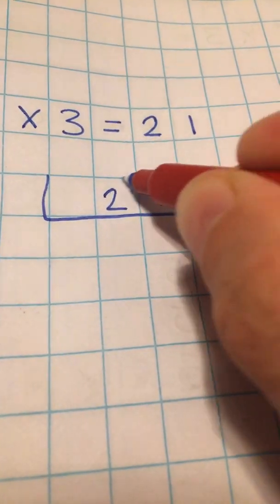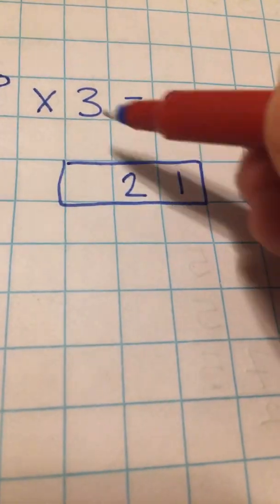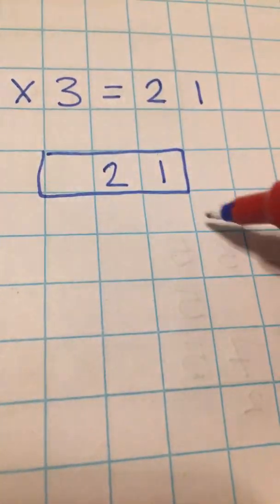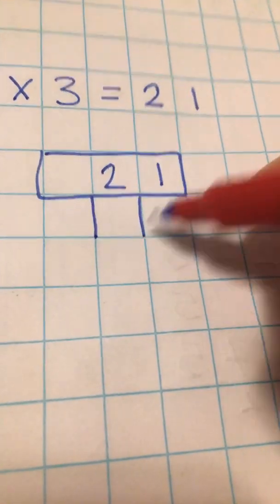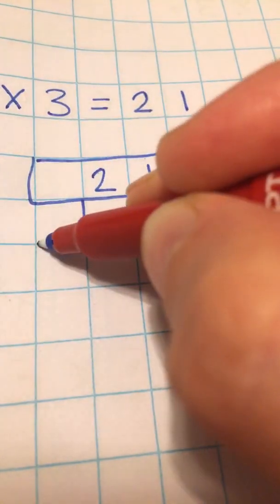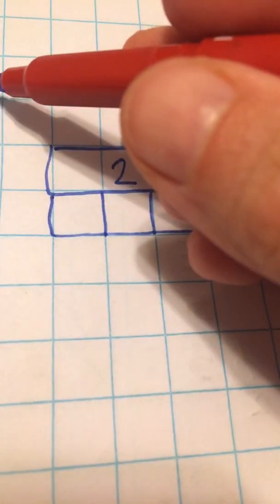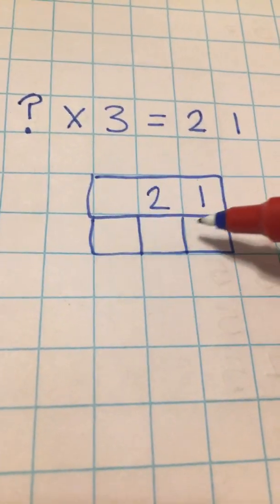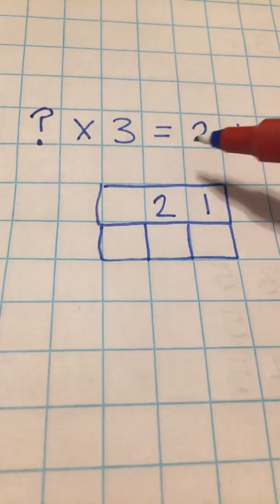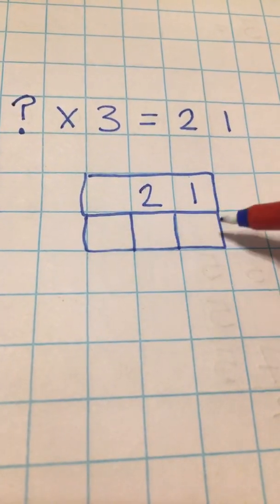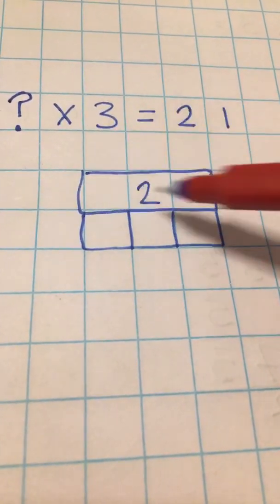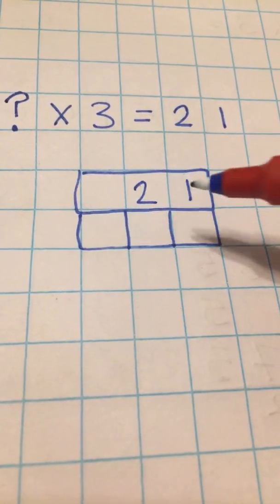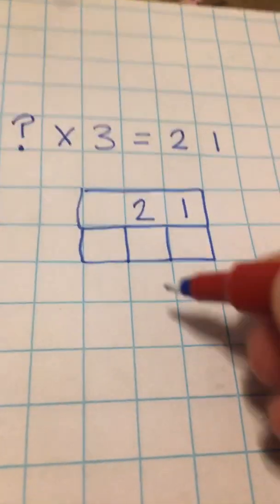It's our larger number. And we know that that 21 is being split, or we have 3 lots of something that make 21. 3 lots of something, that's a question mark. So 3 lots of something makes 21. So just by putting the numbers that we do have, the 3 squares and the 21, which is what it's worth altogether, we can see that we could also say, well, 21